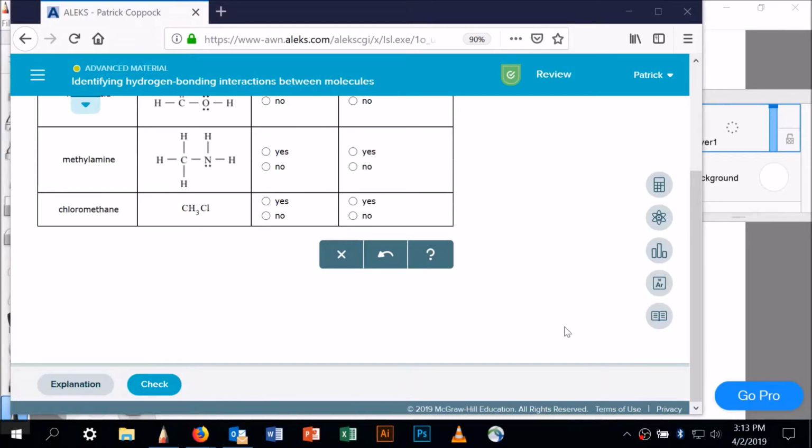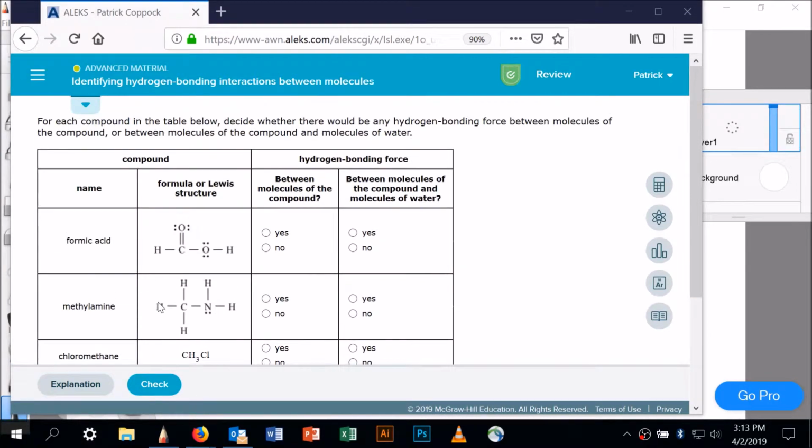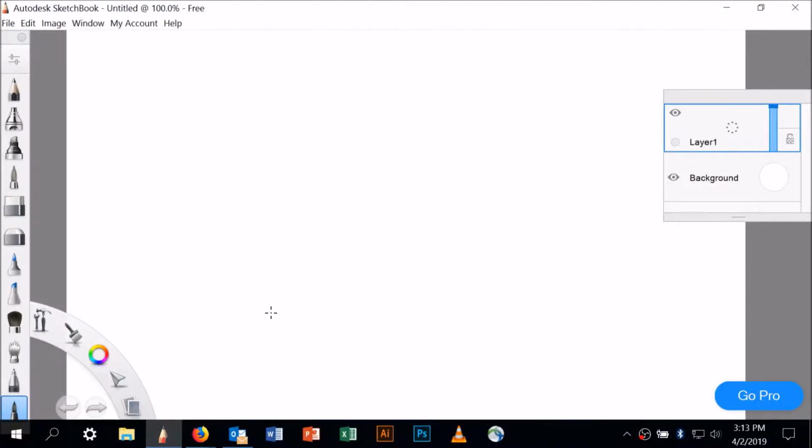Okay, so I got a student request for help with this topic, identifying hydrogen bonding interactions between molecules. Before we begin, let's define what a hydrogen bond is. A hydrogen bond is a transient intermolecular force between a hydrogen that's bonded to an electronegative element, which I'm going